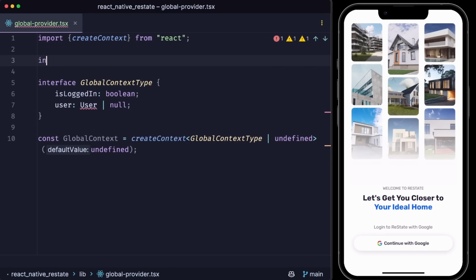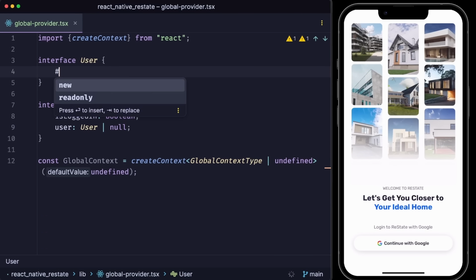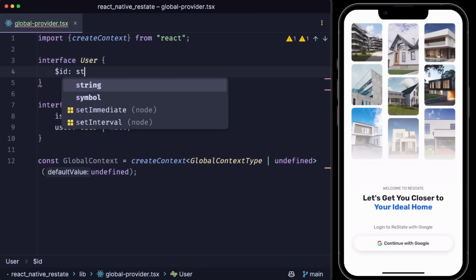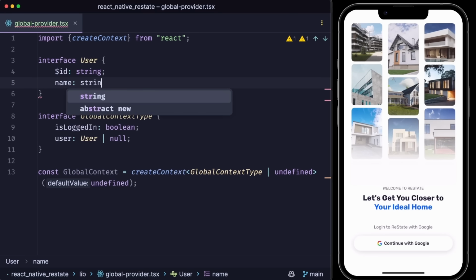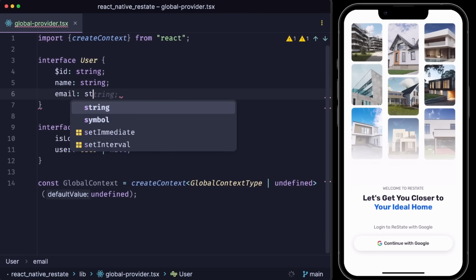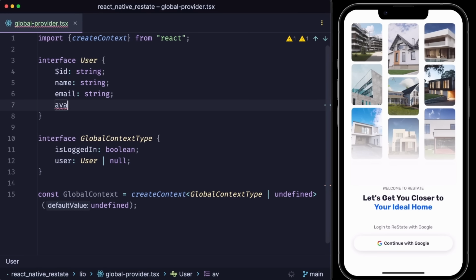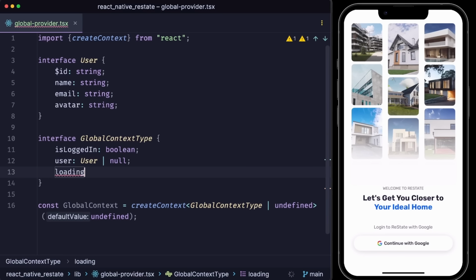Well, let's define another interface called User, which will have a $id property equal to string. It'll have a name equal to string, an email equal to string as well, and finally an avatar equal to string too. Alongside the user, we want to have the global loading state of a type Boolean, as well as